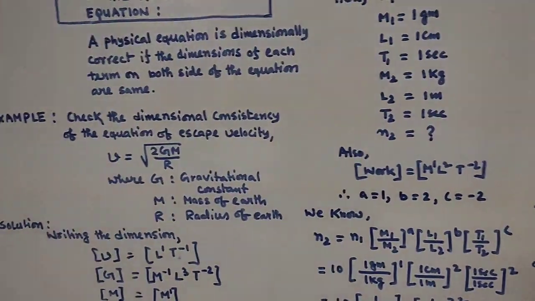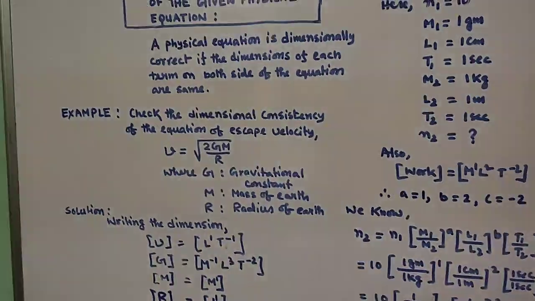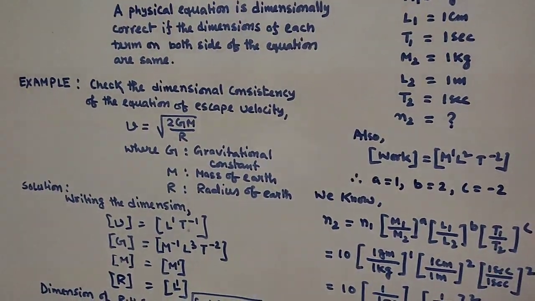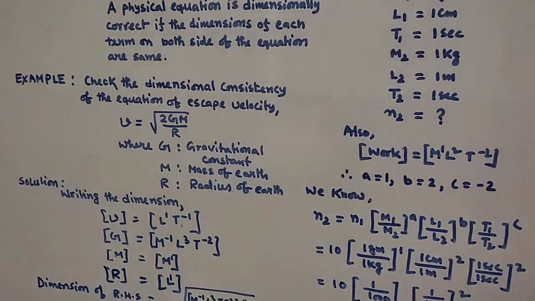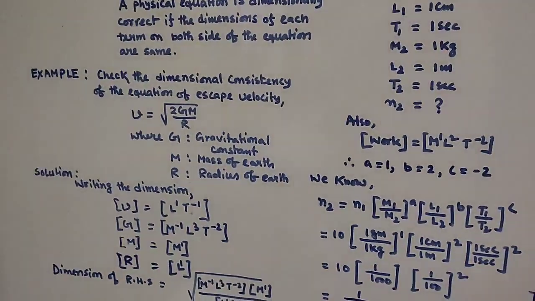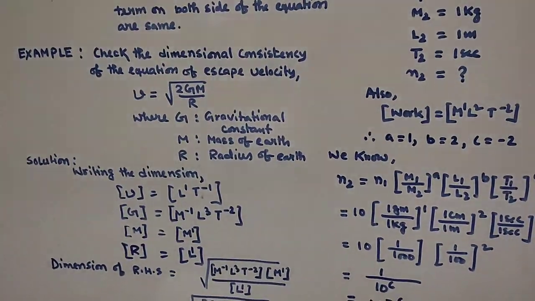We have used directly the formula v equal to root over 2GM by r. G is the gravitational constant. So Newton's law of gravitation you have already got, I think, F equal to G m1 m2 by r square. So you can find the dimension for G using that formula. And M is the mass of the earth and r is the radius of the earth. So in the solution part, what you have to do, you have to find the dimension for each of the